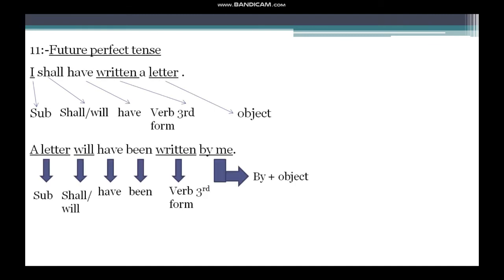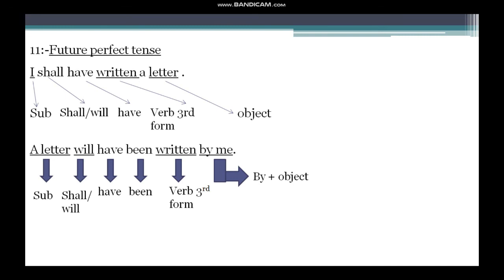Now see the third subpart of future tense, that is future perfect tense. Firstly we will see the formation of the sentence in future perfect tense. It will be, I shall have written a letter, means firstly we will use the subject, then according to the subject will or shall will come, then have, then verb third form plus object. But when we change this active voice sentence into passive voice, we will make only one change, that is after will have we will place been, so the sentence will now be, a letter will have been written